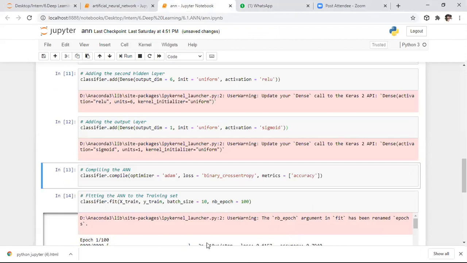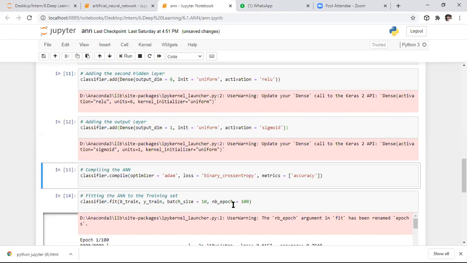After initializing that, we need to fit our training data to our machine. Whenever you want to fit the data, we need to use the fit method. In the fit method, we need to specify the input training data as well as the output training data. After that, I am using the batch gradient descent method. I want to converge to the optimum cost. To train the machine, every time I want to consider 10 samples from the training data at a time, so I'm specifying batch size as 10.